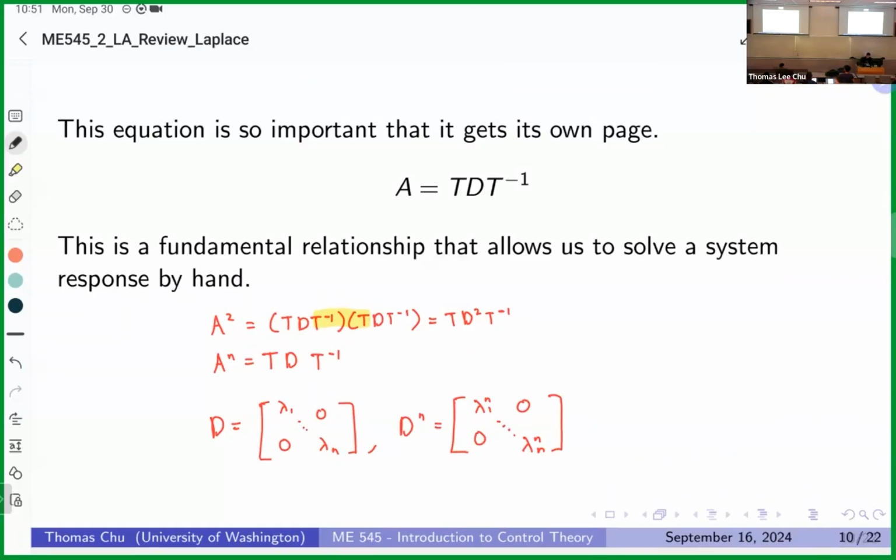Oh, sorry, it's not capital N. Thanks for pointing that out. It's going to be lowercase n. What do you mean? It's like minus one and like the after t is like... Oh, okay, I see. I think I understand what your question is, but let me make sure I'm understanding what you're asking. If I were to write this out n times,